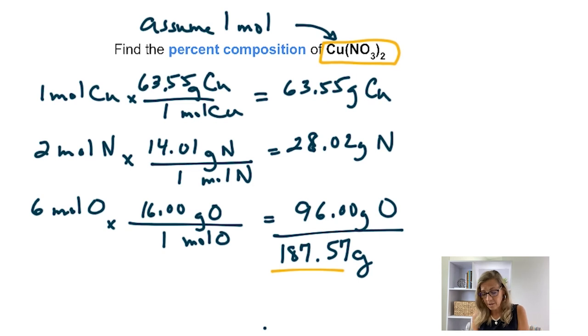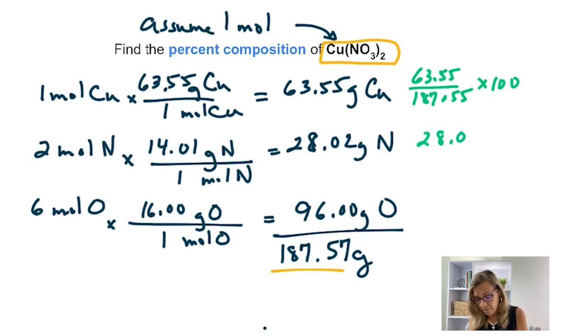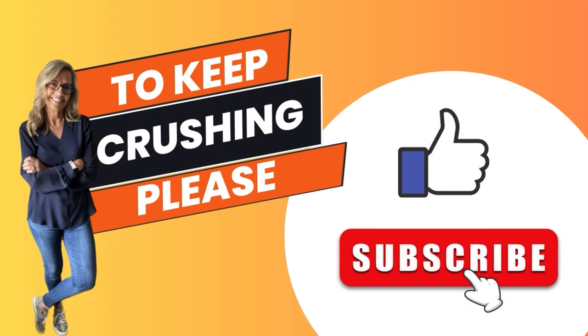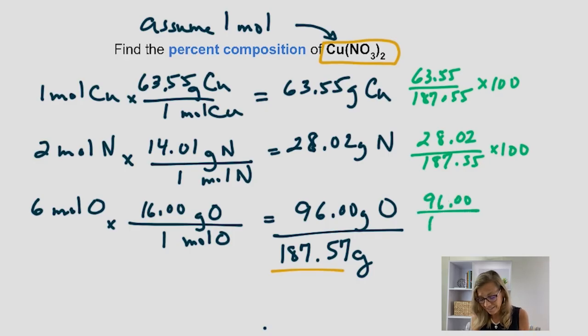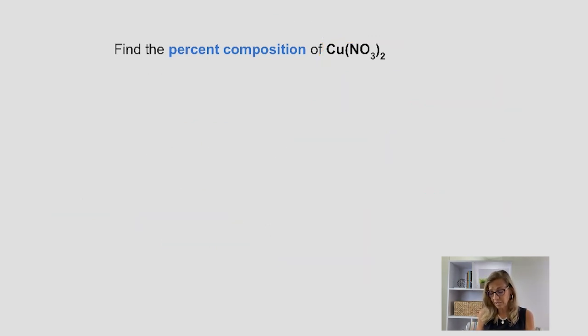Well, take the part that is copper, divide by the total, times 100. Okay, for the nitrogen, take the part that is nitrogen, divide by the total, times 100. Last one, the part that is oxygen divided by the total times 100. Okay, I'm going to flip to the next screen just to give you those answers. And I would find that it is